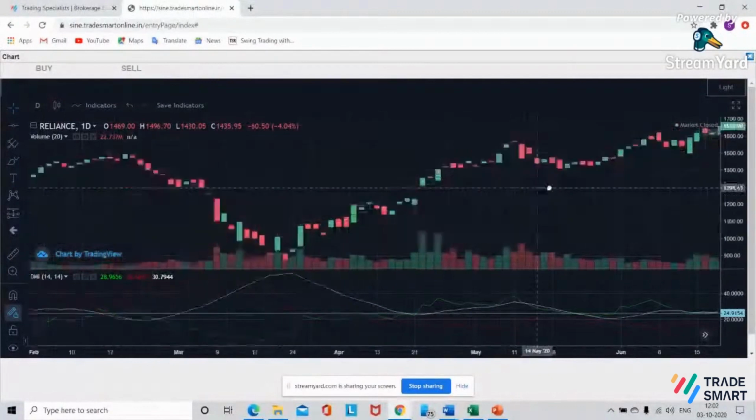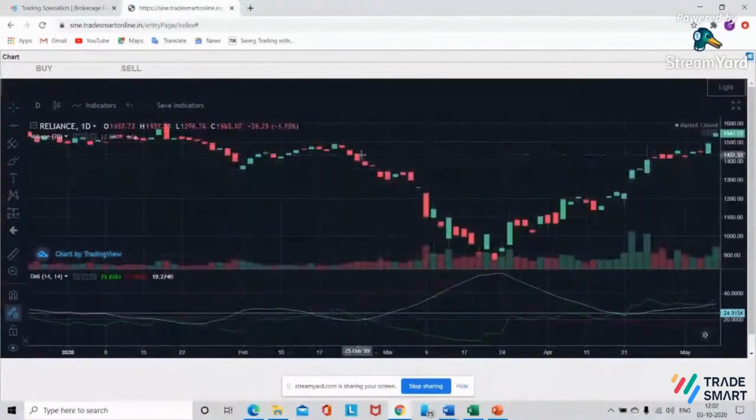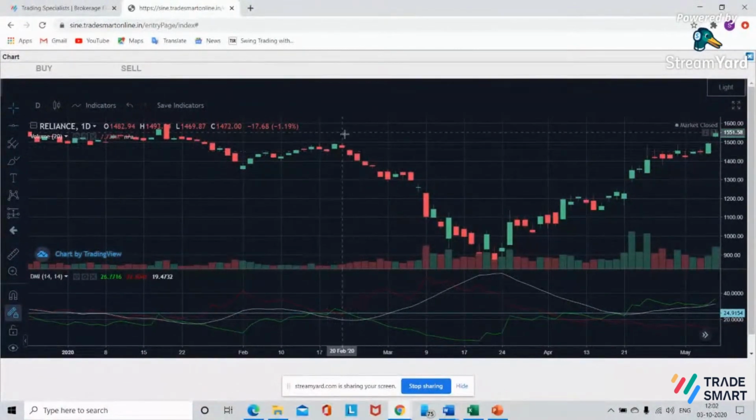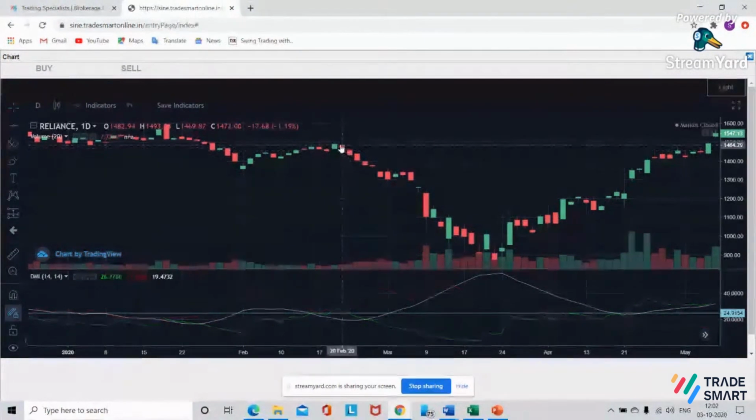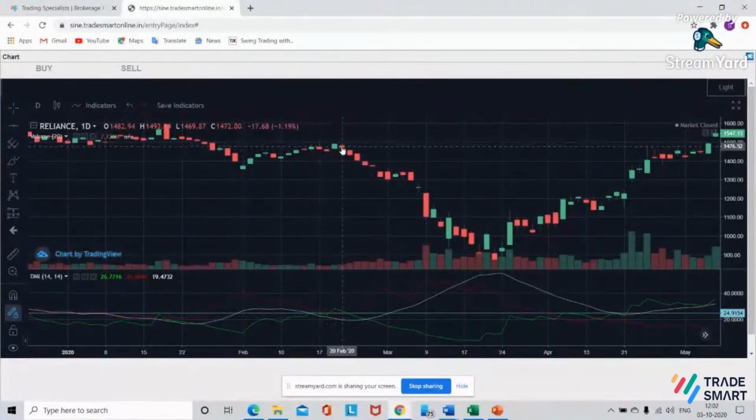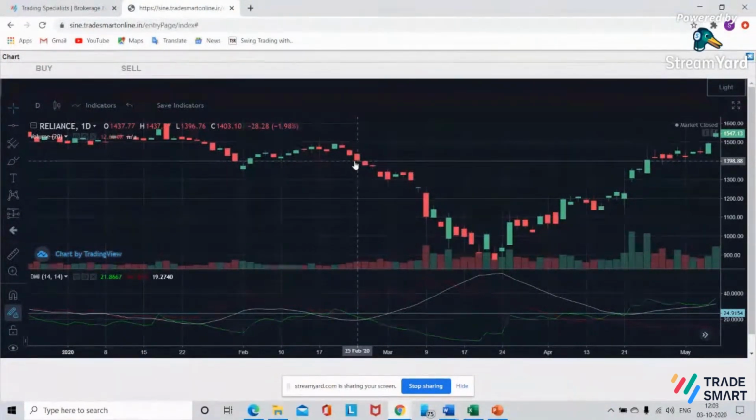April, May. Yes, this area, as you can see, the day by day candles are showing a clear reversal from these levels. The market price is going down and down. It is creating this pattern called the three black crows bearish pattern, and it shows that the market is probably going to go down. So how do we use our ADX with that? We see the crossover here.